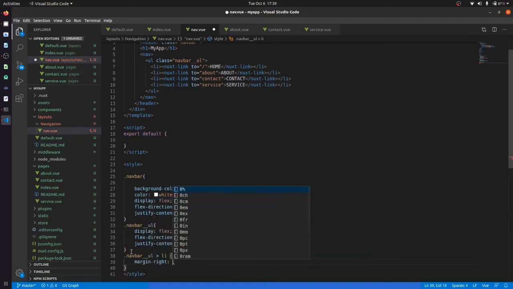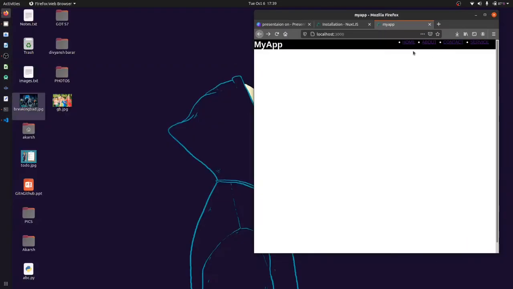We will give margin from right like 25 pixel. Is it good? Yeah, to some point you can work with the CSS and play around with the CSS and make it more good looking.